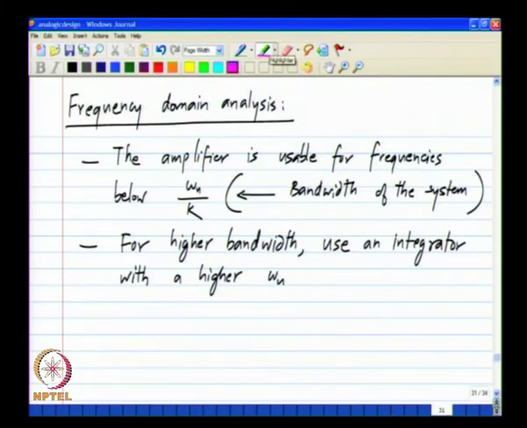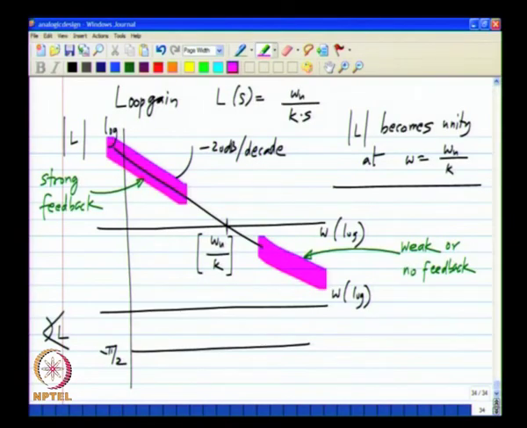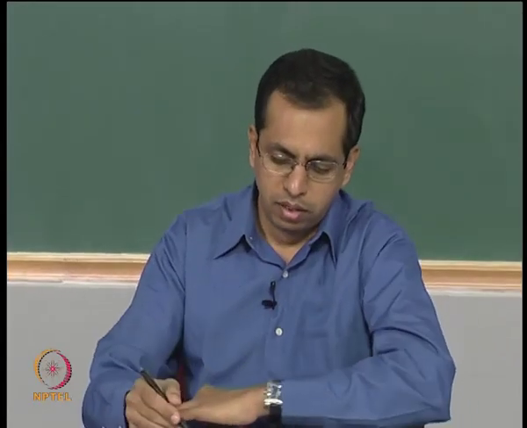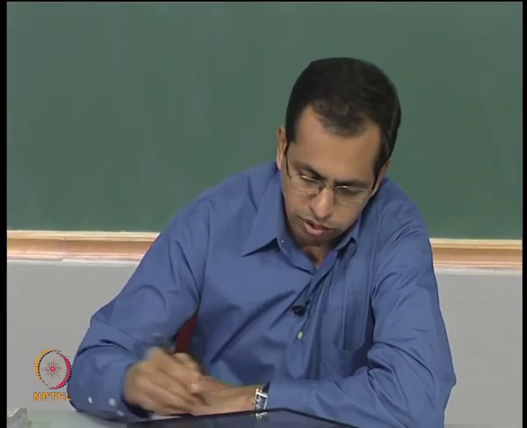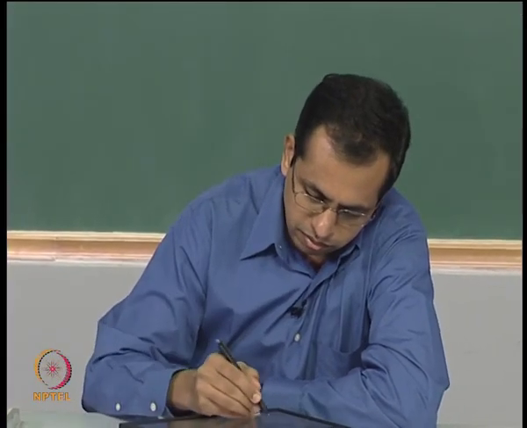The amplifier is usable for frequencies well below omega u by k. The gain is ideal below this value, almost ideal, and there is simply a delay. Whereas, for frequencies much more than omega u by k, there is no feedback. You may have a connection from V naught through the resistive divider back to the input, but there is no signal coming back at those frequencies. So, that means that there is weak or no feedback, and it is not behaving like a negative feedback amplifier at all in this higher range of frequencies. So, the usable range of frequencies is given by this much, okay.